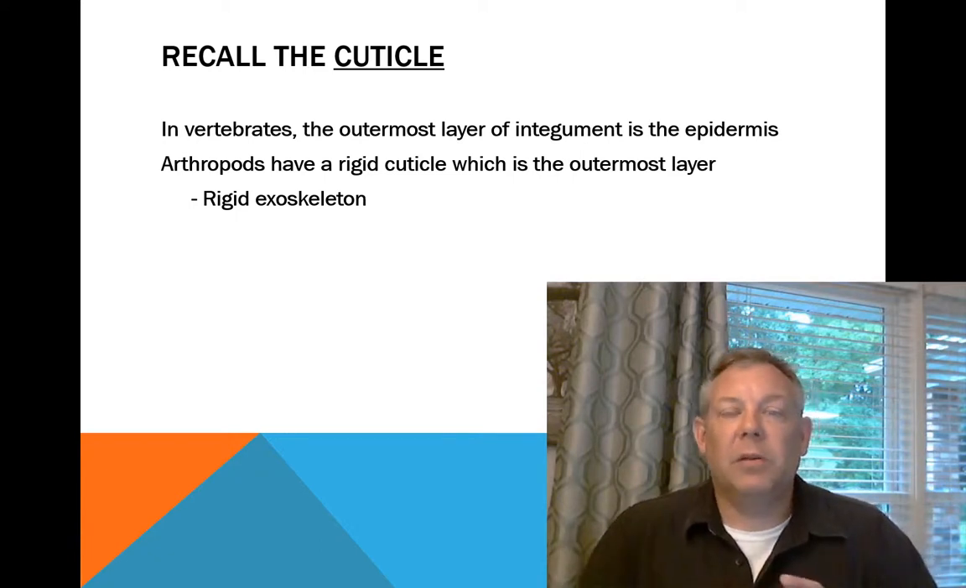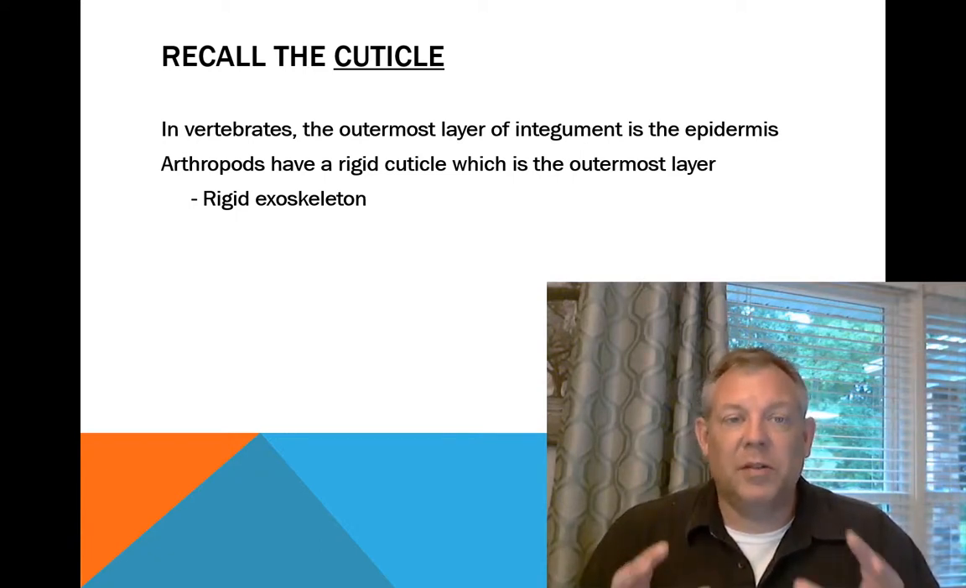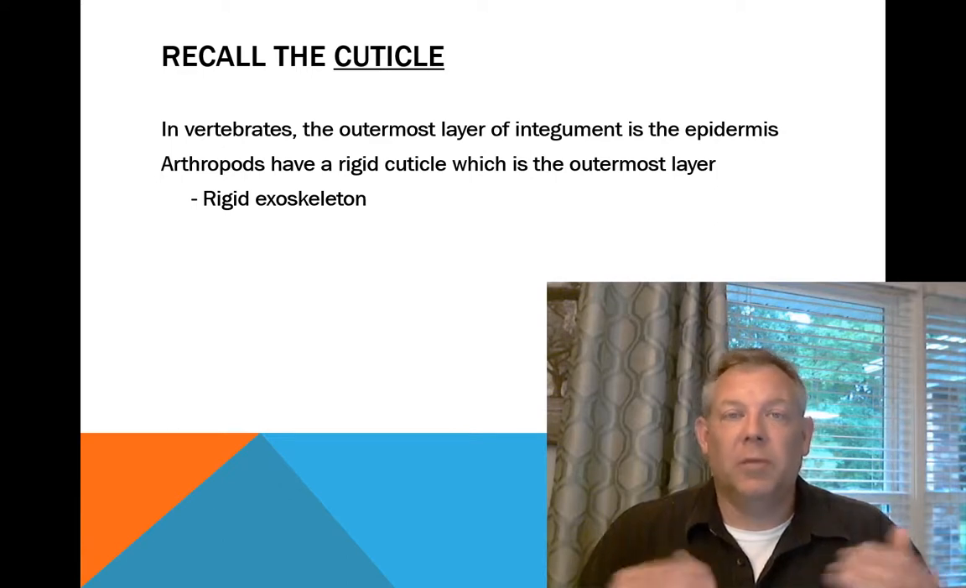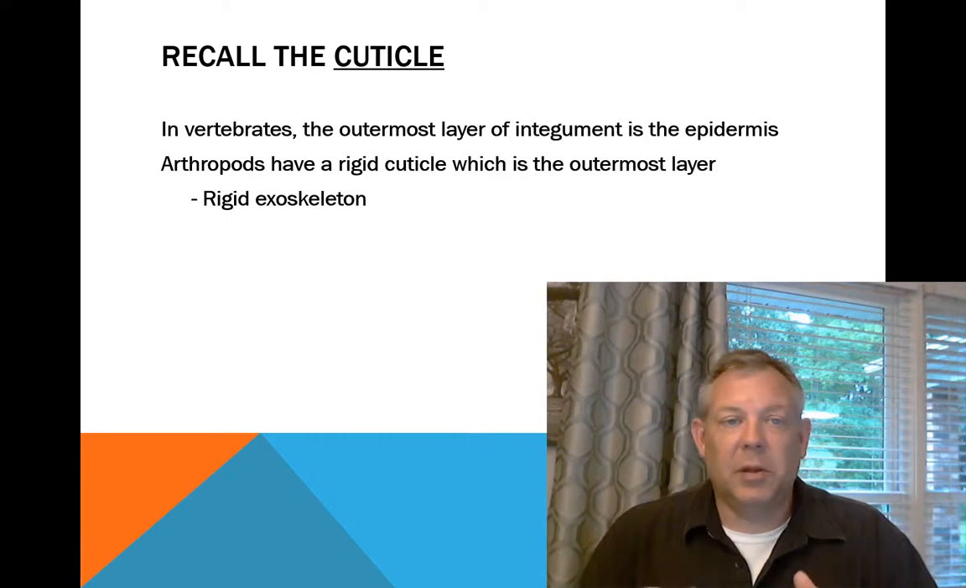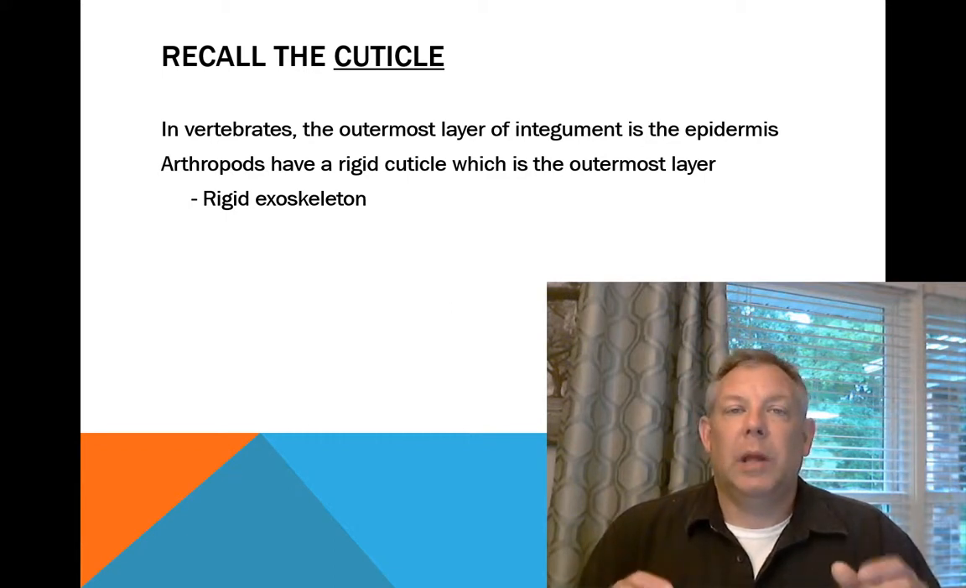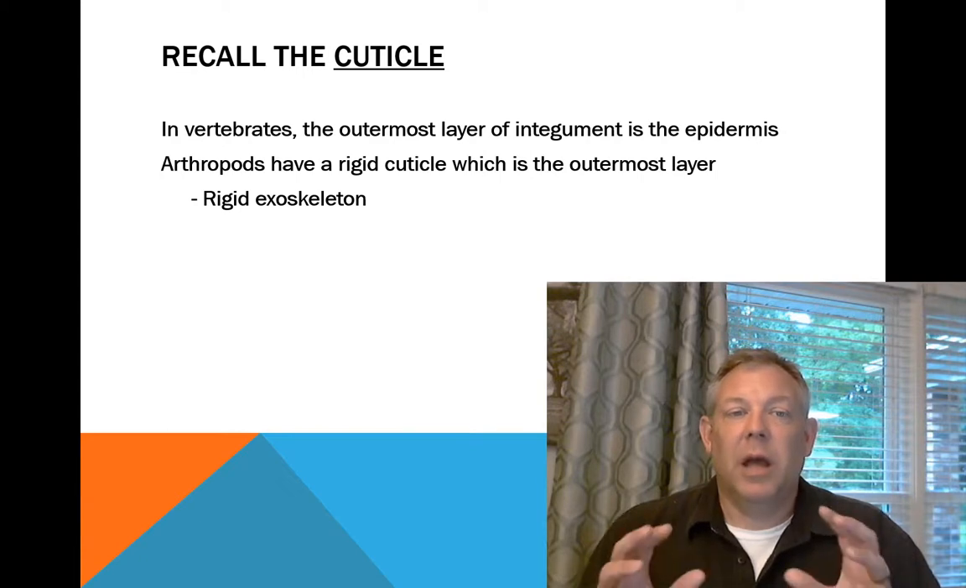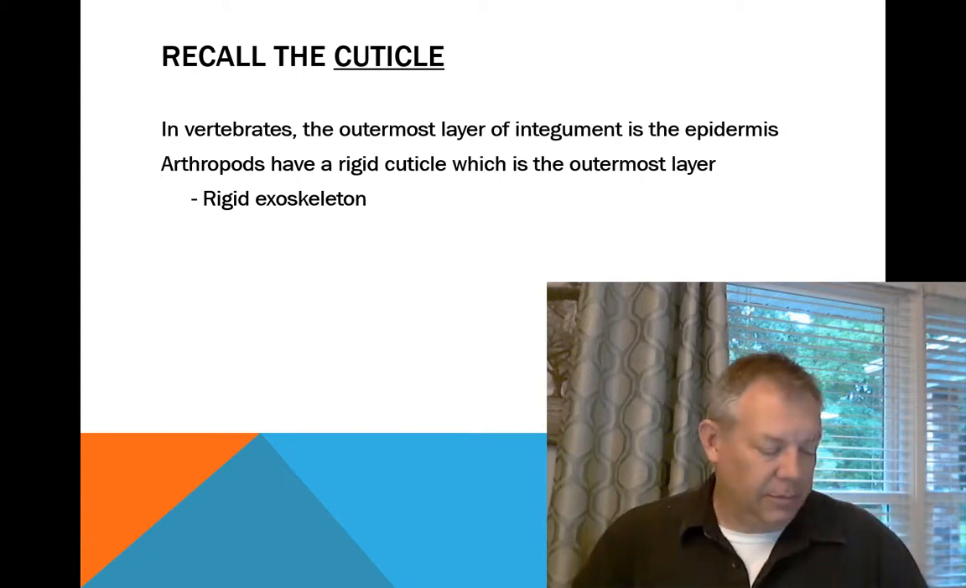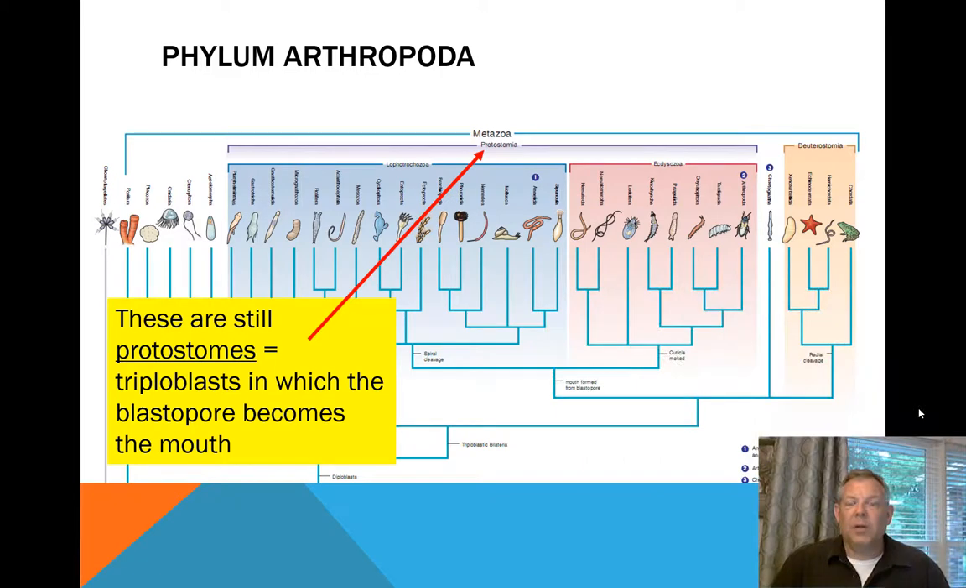The first thing that we want to talk about that sets them off is the cuticle, right? So in invertebrates, the outermost layer of our integument is the epidermis. You're familiar with that. In arthropods, they have a rigid cuticle. That's their outermost layer. It's an exoskeleton. And if you'll recall